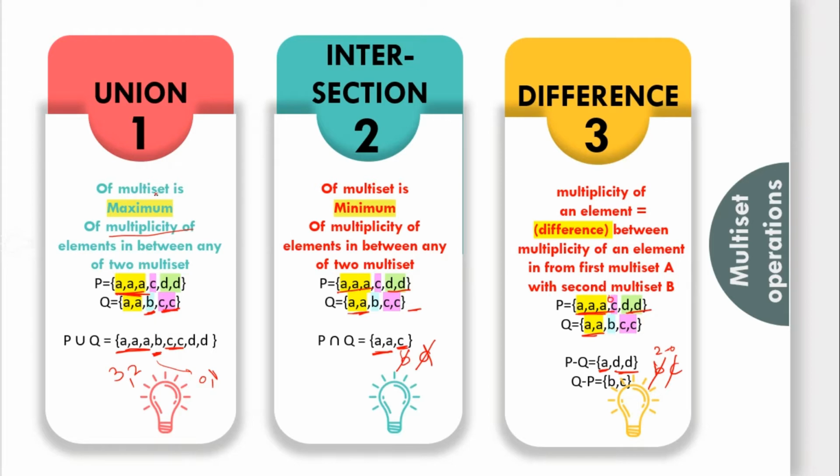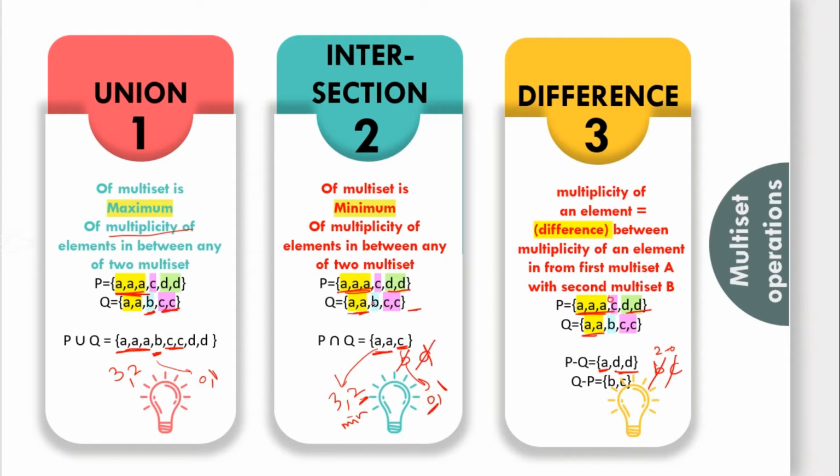Intersection of two multisets is the minimum of the multiplicity of elements between the two multisets. Whatever we did for union, we have to do exactly the opposite way to calculate the intersection. Now consider element A. Here A appears thrice, and inside set Q A appears twice. So we have to consider the minimum occurrence of the element inside these two sets, that is 2. So we will write A twice. For element B, B appears 0 times in P and 1 time in Q. Of these two appearances, 0 is smaller, so we will not write B in our result.